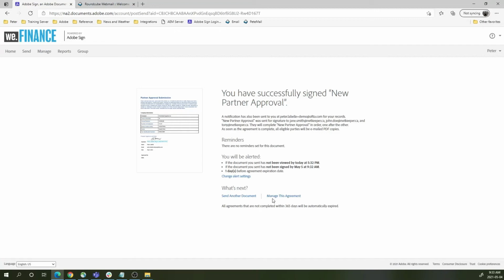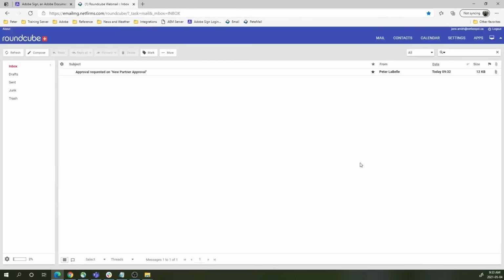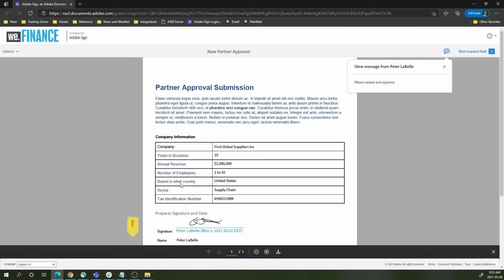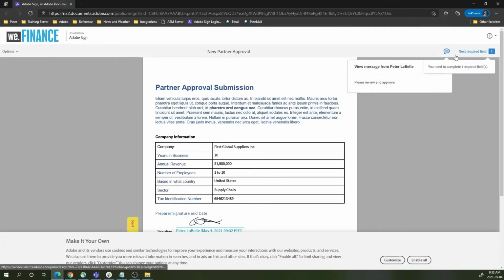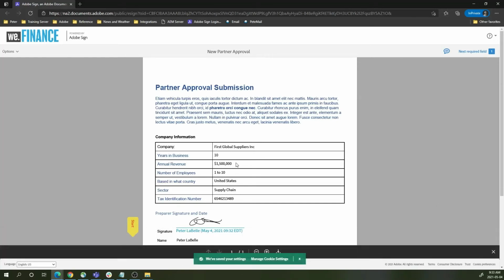So let's go take a look at Jane Smith's email. Jane Smith has now got an email that says approval requested on new partner approval. Came from me today. And so what she'll do is she'll open up her email, and let's take a look at the actual documents. So again, participant 2 opens up that document. Because participant 2 only has fields on the first document, when she gets in here, she'll get to look at the